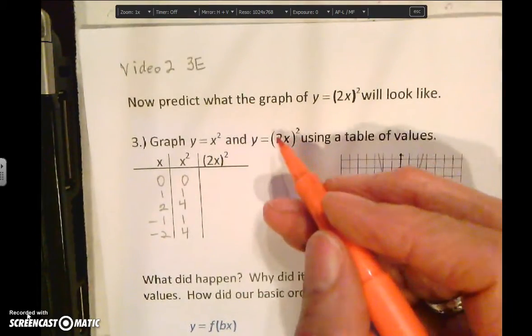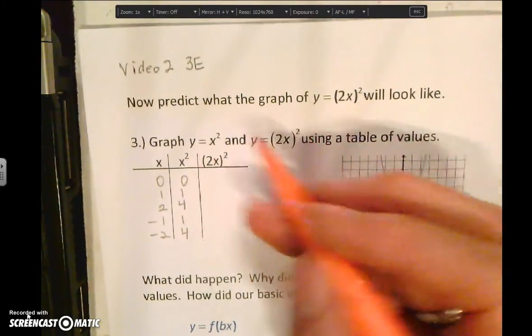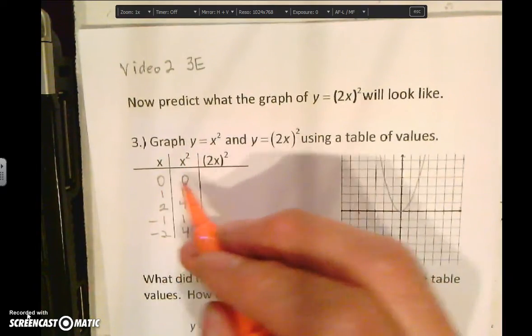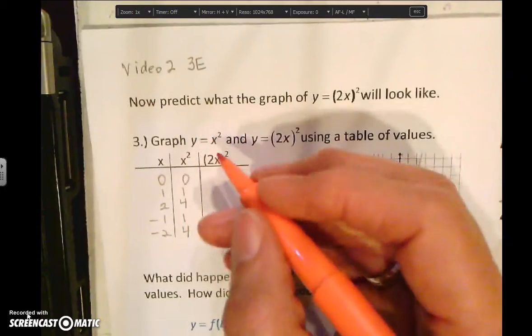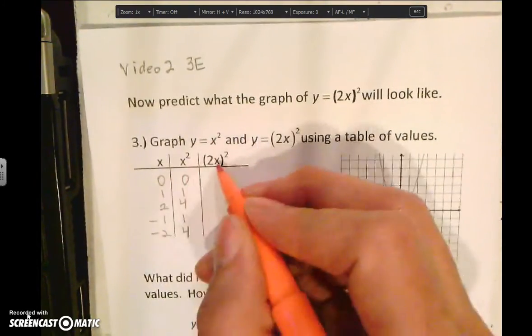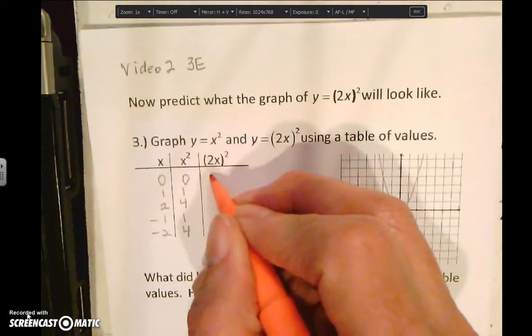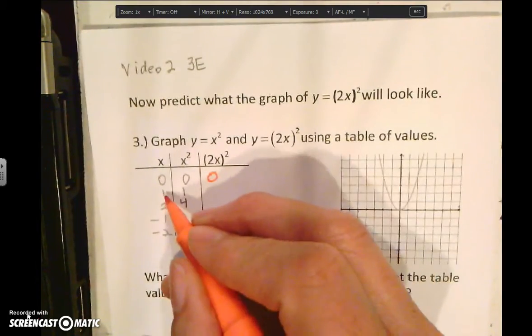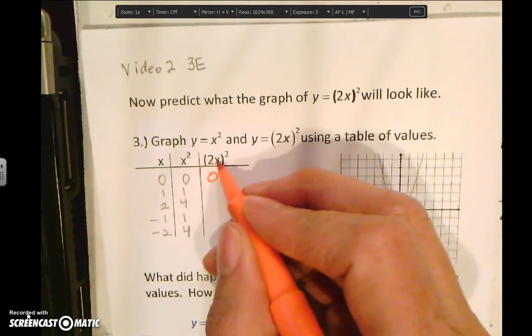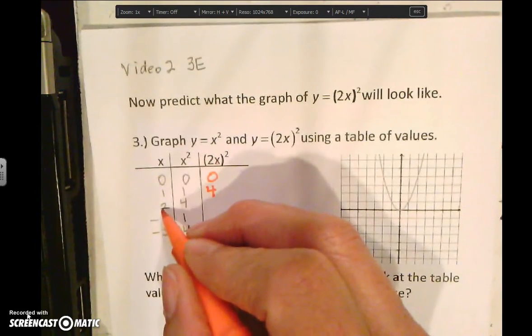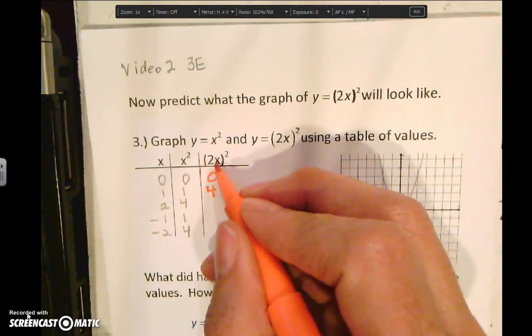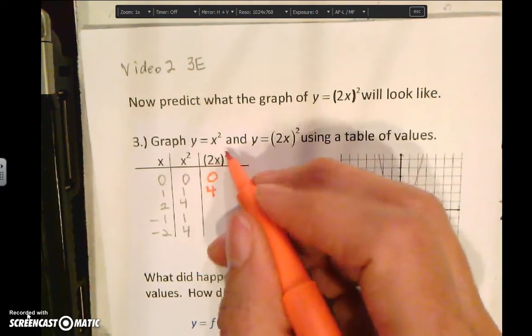So again, parent's going to be the x squared. So simplest is going to be x squared. Got those parent points put in and it's graphed over here. All right, so now let's do 2 times the x, so 2 times 0 is 0, and square it, and I get 0. Put my 1 in. 2 times 1 is 2, and 2 squared is 4. Put my 2 in for x, so that's 2 times 2 is 4, and 4 squared is